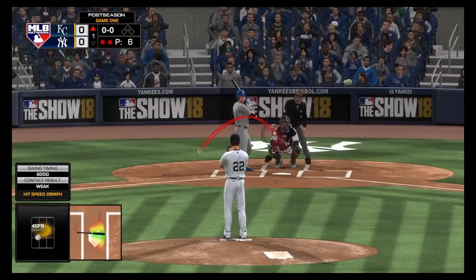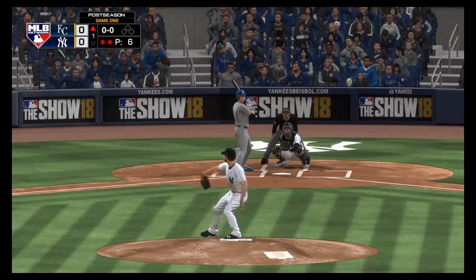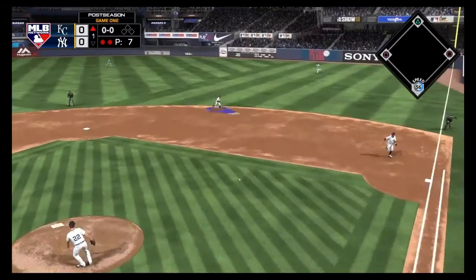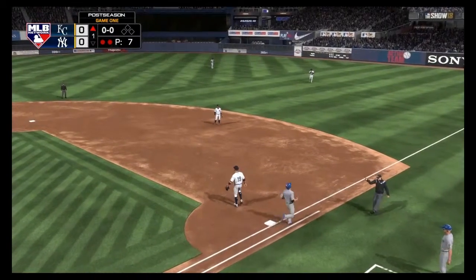So next to the plate for the Royals, Corey Seager, as he'll get his first opportunity in this one. Hit out towards second. Throw goes to Votto over at first. It's in time to retire the